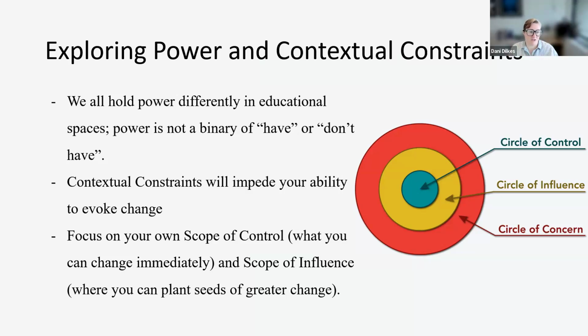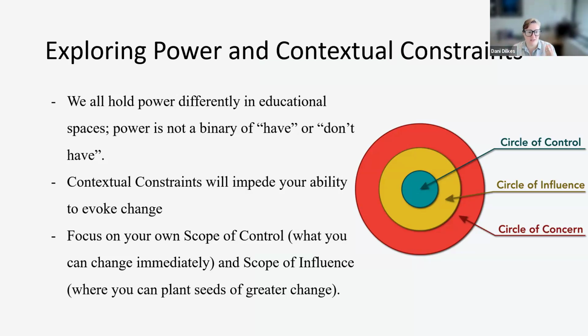So anytime we engage in conversations around being more accessible, we have to acknowledge power, and we have to acknowledge that we all hold power differently. So what I can do in my courses might be vastly different than what Yasser can do in his courses, or what Jenny can do in her courses, or Charles, what you can do in your courses. And that means that our practices might not align, our ways of being inclusive might not be the same. And it's also really important to acknowledge that power is not a binary. It's not I have power or I don't have power. It's where do I have power?